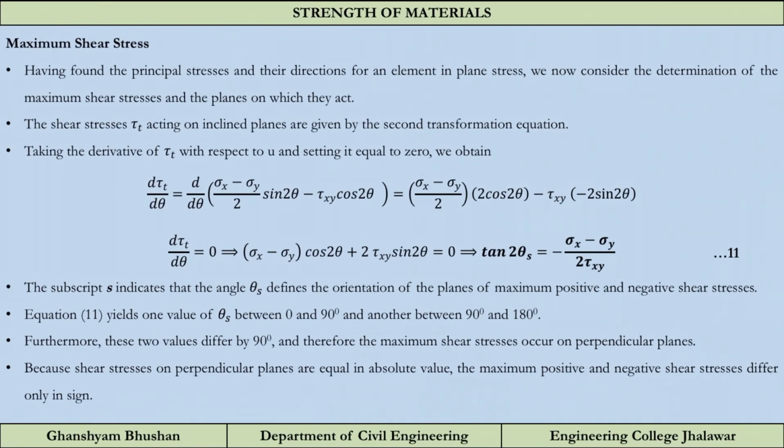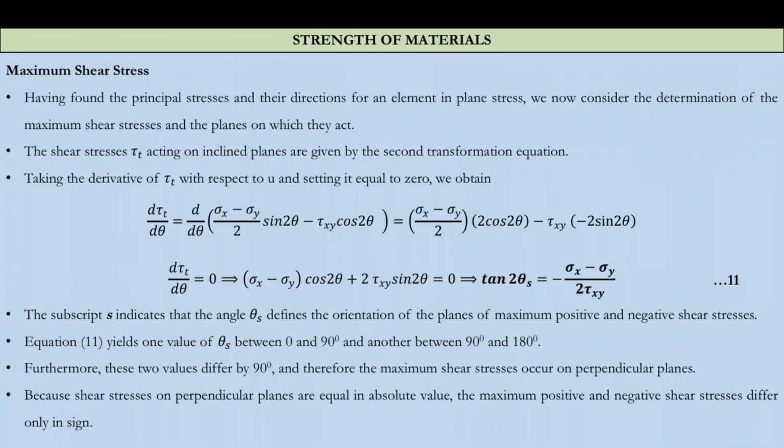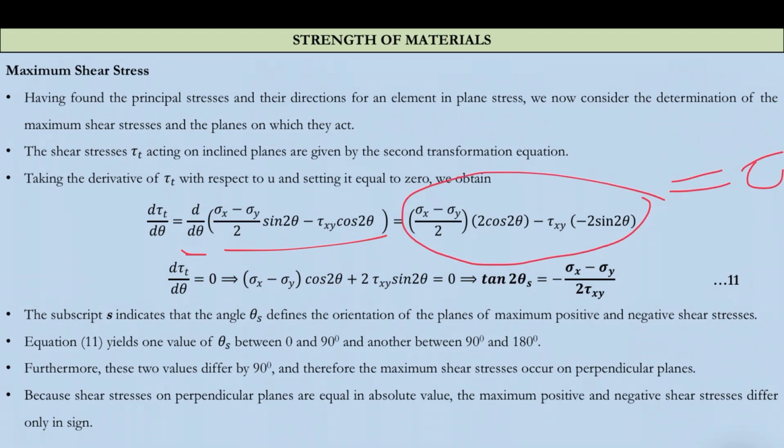Having found the principal stresses and their directions for an element in plane stress, we now consider the determination of the maximum shear stress and the plane on which it acts. First we will find the plane, then we will put the value of theta in the equation to get the maximum value of shear stress. Again we use the transformation equation, differentiate it with respect to theta,